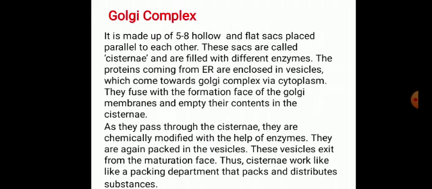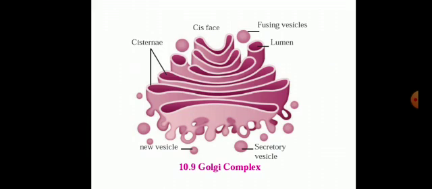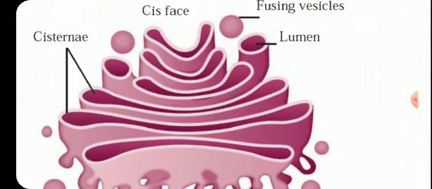These round bodies are called vesicles. So proteins come in these vesicles, and this vesicle will come through the cis phase, the formation phase of Golgi